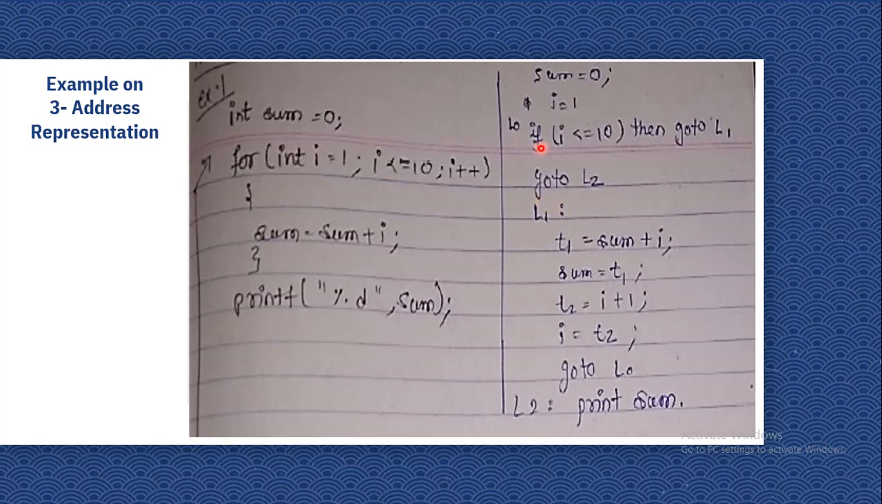It is like this. We are going in this direction. If this statement is true, then go to L1. L1 is label 1, and if the statement is false, then it will continue to this line of code, then go to L2. So if this statement is true,